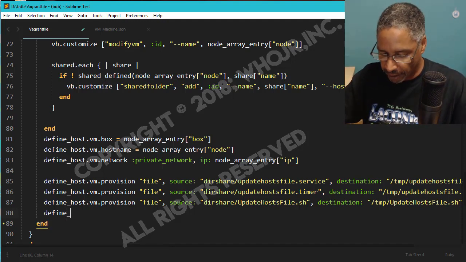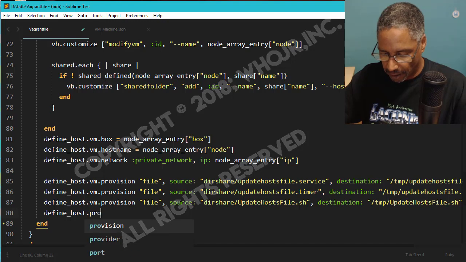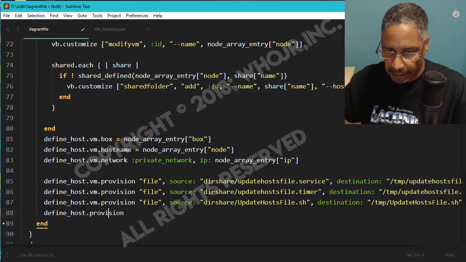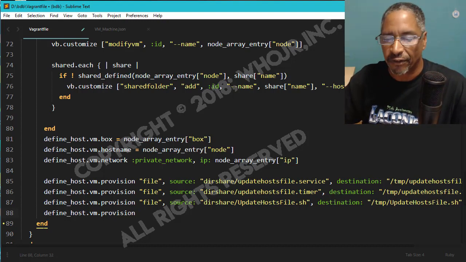Now all we want to do is just define the script that we're going to execute, which we defined up there. And to do that, we're simply going to use the same provision